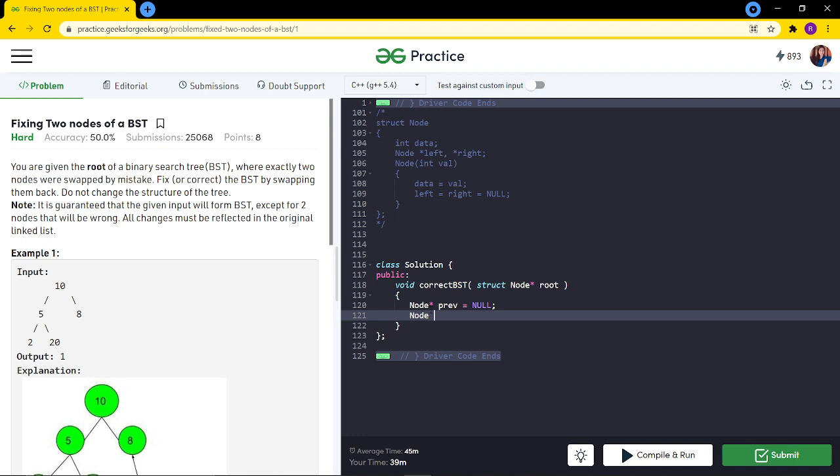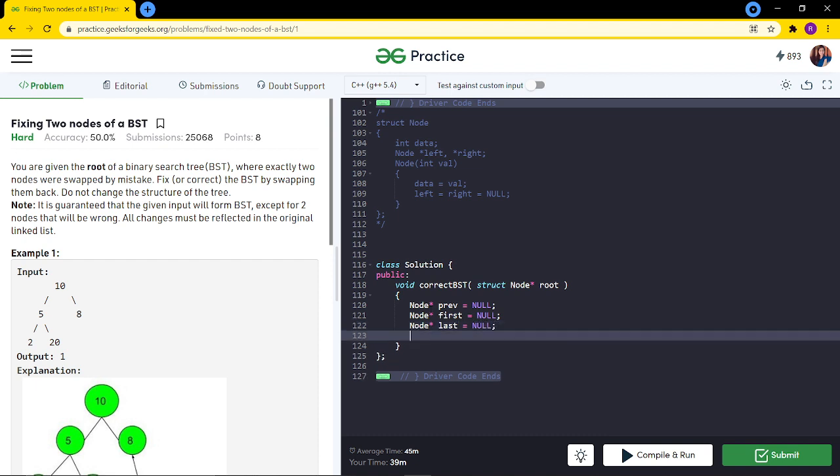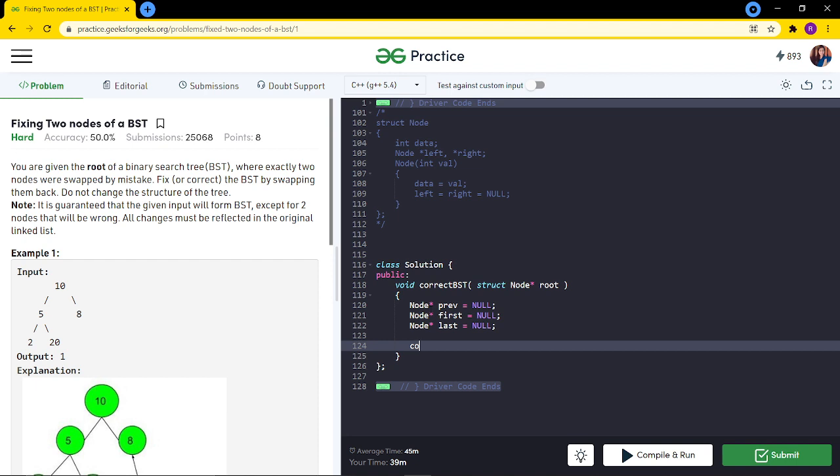The second pointer was first, that will store the first element that I have to swap, and the third pointer would be last. This would store my second element that I have to swap.